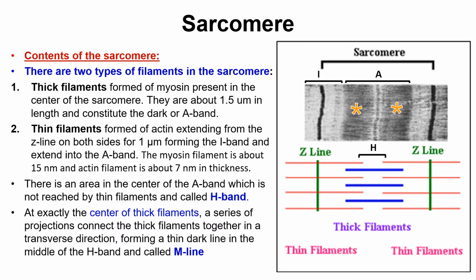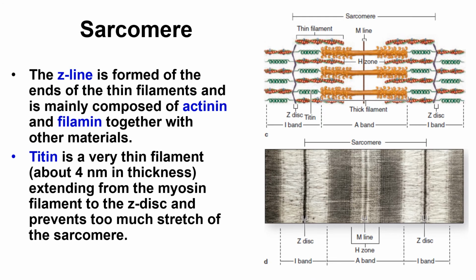At the middle here, we have the H zone. In the H zone, there is a protein that cross-links myosin in the transverse direction, and these proteins appear as a line at the center of the H zone called the M line. Z lines are formed of alpha-actinin filament and other material, and they give rise to the attachment of thin filaments